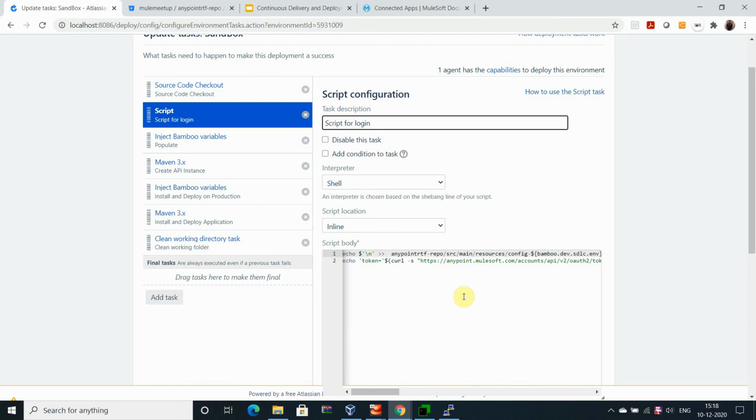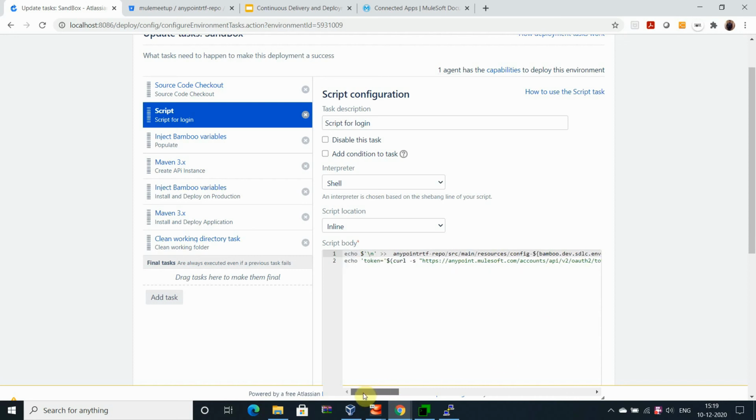So what I am doing here, you can see that right now I am just creating one blank space in the property file. You can see the config for the dev environment, right now it's sandbox-for-me.properties.